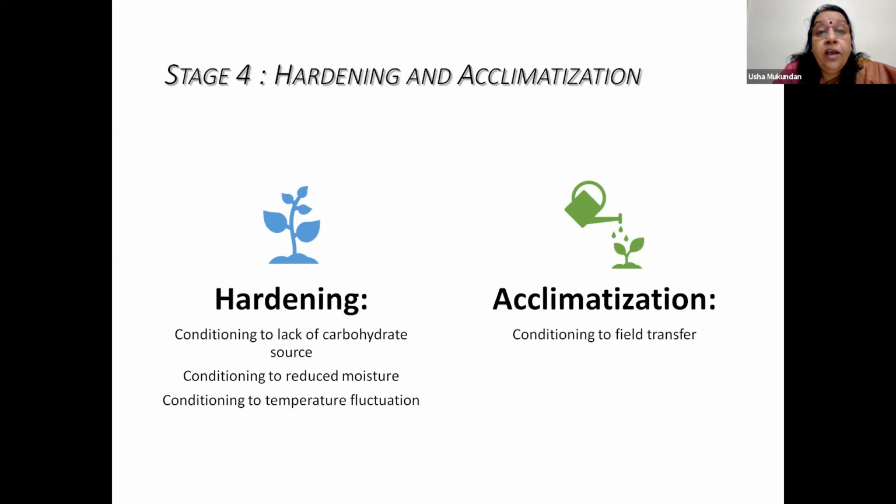What is the humidity? Within the culture vessel, you have added only 20 to 25 ml of culture medium, and the total volume is 60. So there is a head space, and that head space has oxygen which is used by these plants for respiration. At the same time, there is enough humidity. Humidity level is more than 90%. So if humidity is 90%, what do you think?